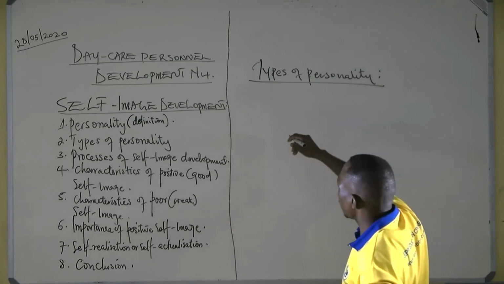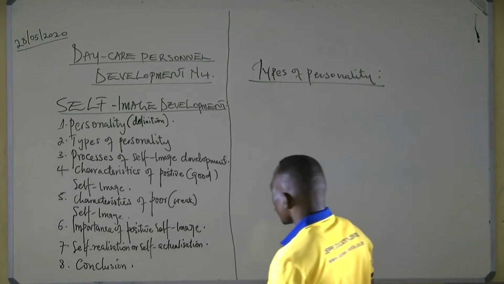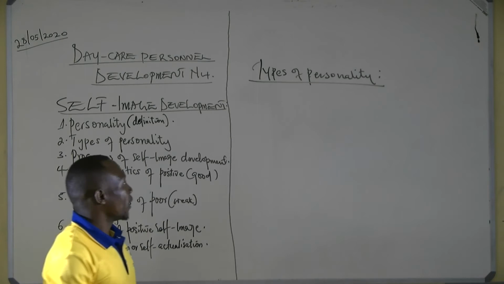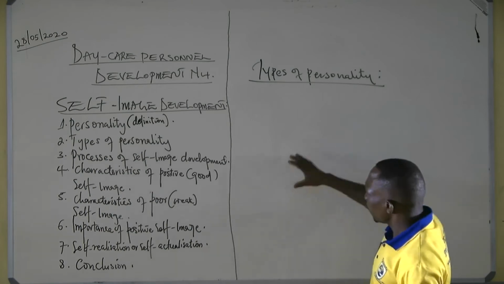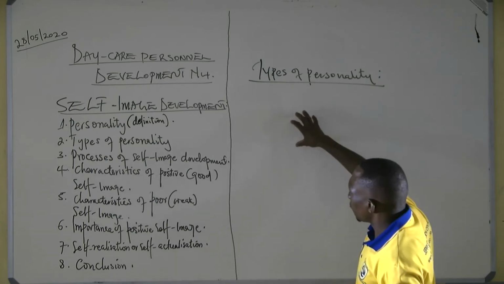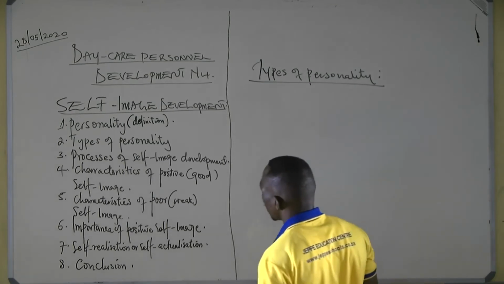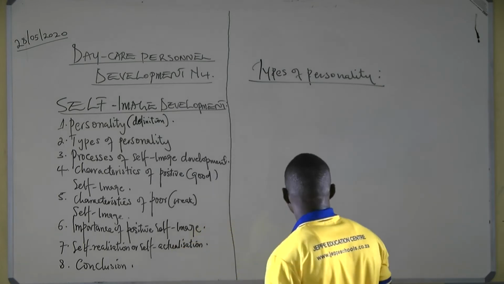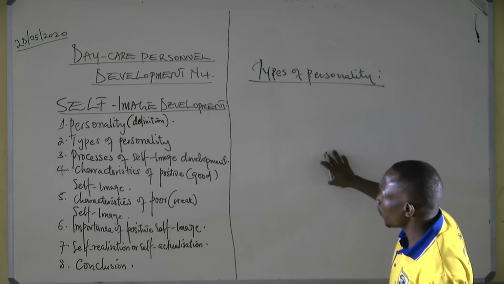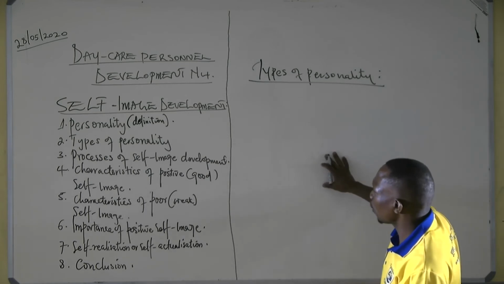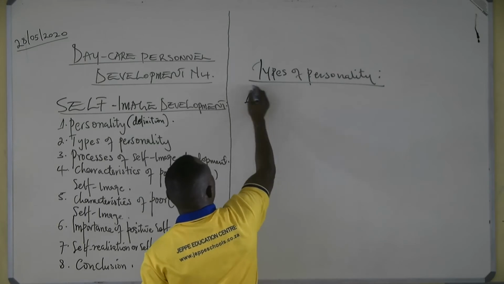Before giving the types of personalities, as we have looked at these two gentlemen, in the same book that they produced in 1993, they give the four basic types of personalities by showing how people differ, coming to the realization that different people or individuals cannot be exactly the same as the others.